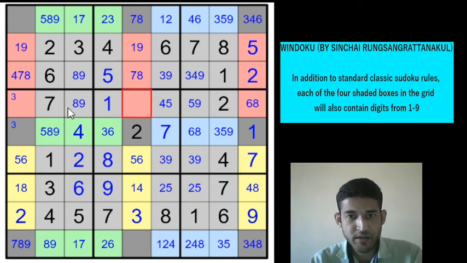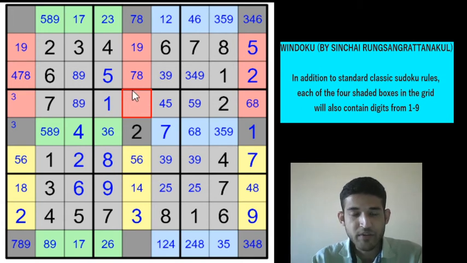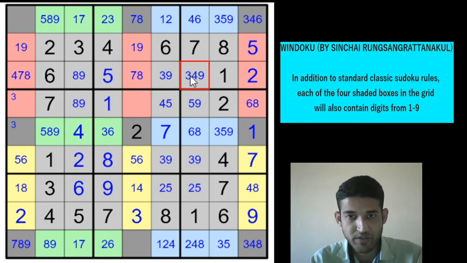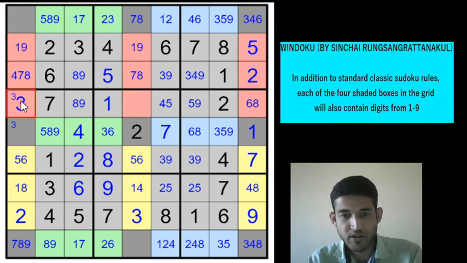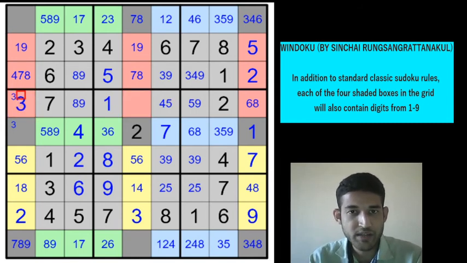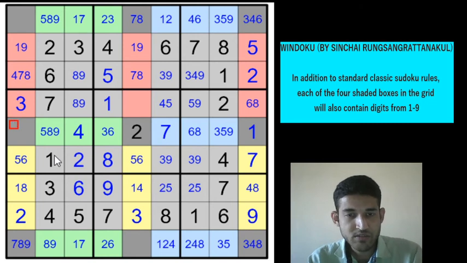And the 3 in the red cells can only go in one of these two cells. Yeah, so we have got the digit now. Because 3 is in row 2, it cannot be in the red cells. And we have pencil marked these 3 cells, which means 3 cannot be here because we confined 3 to one of these two cells. Also in these 3 cells, if you see, 3 cannot be in row 4 column 5. So 3 can only be in row 4 column 1. So we can eliminate the 3 pencil mark from there.